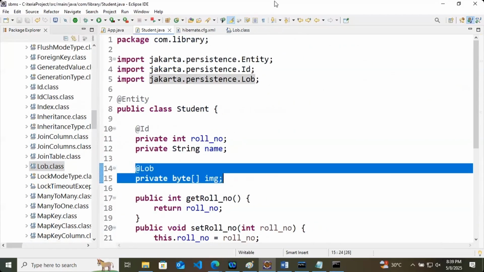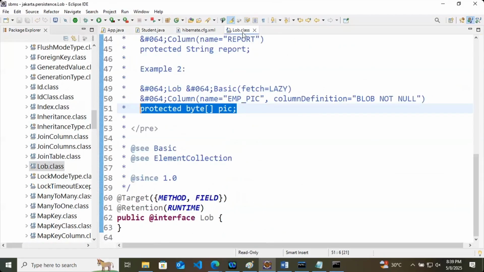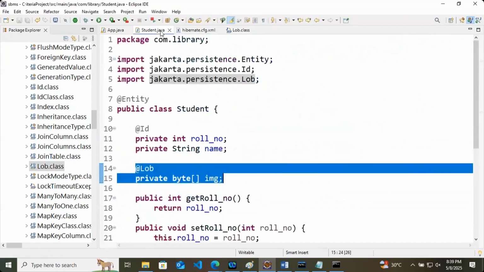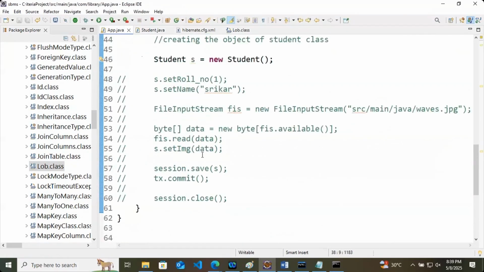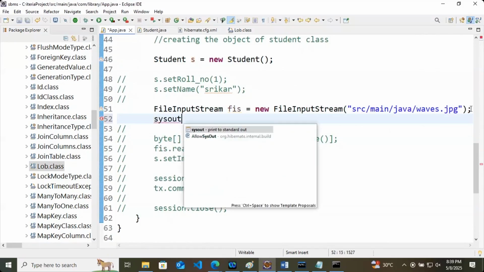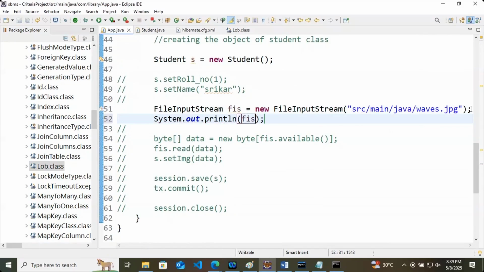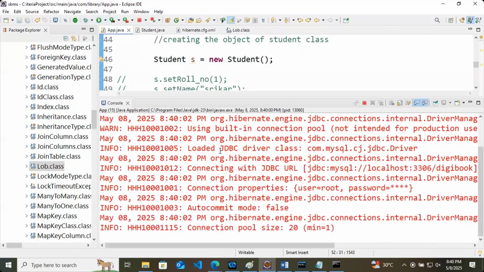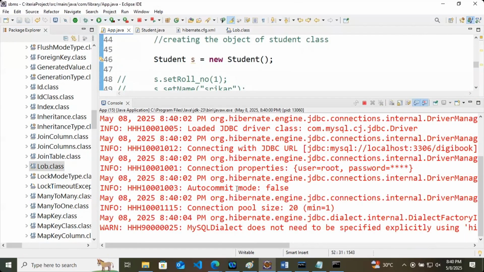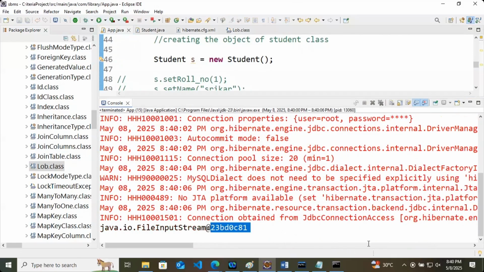Oh, private byte image. File input output stream we are getting.